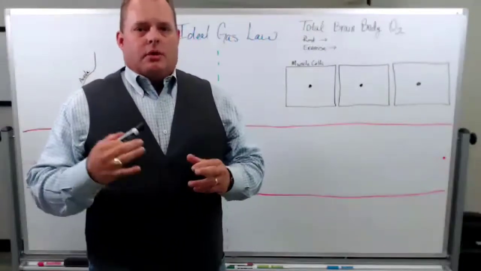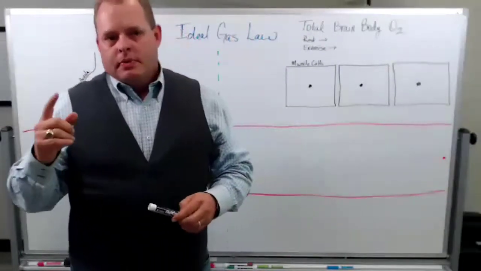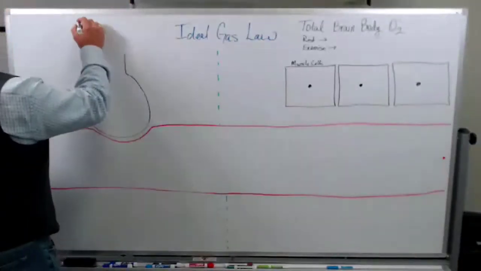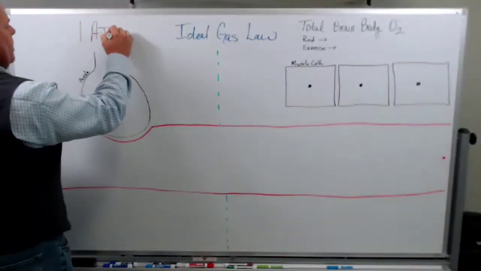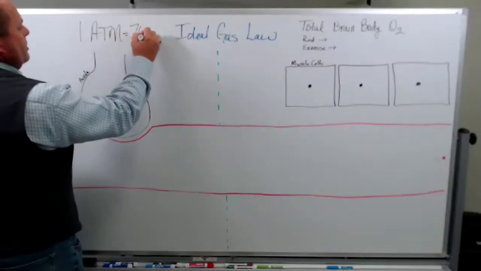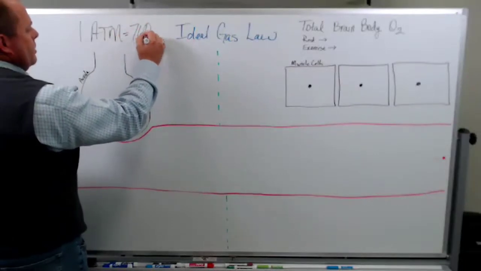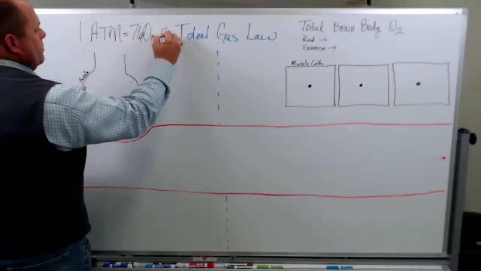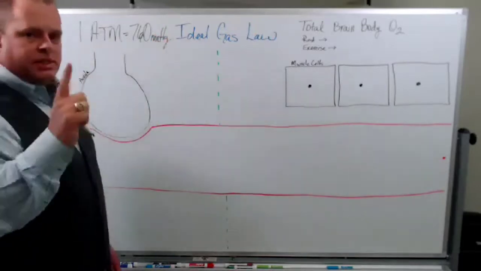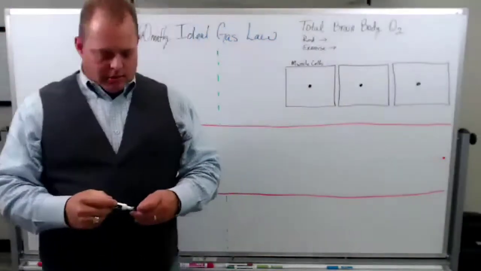How we actually measure our pressure and partial pressure. When we talk about one atmosphere, one atmosphere equals 760 millimeters of mercury. Okay, so when we're at sea level, and I'm not standing at sea level, I'm about 200 feet